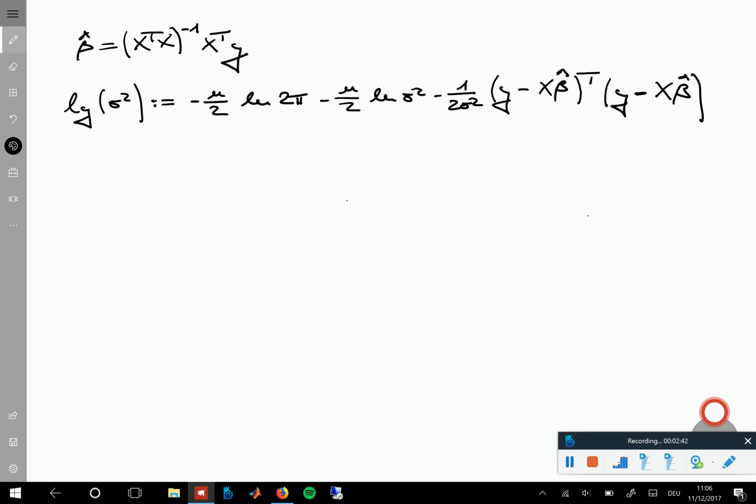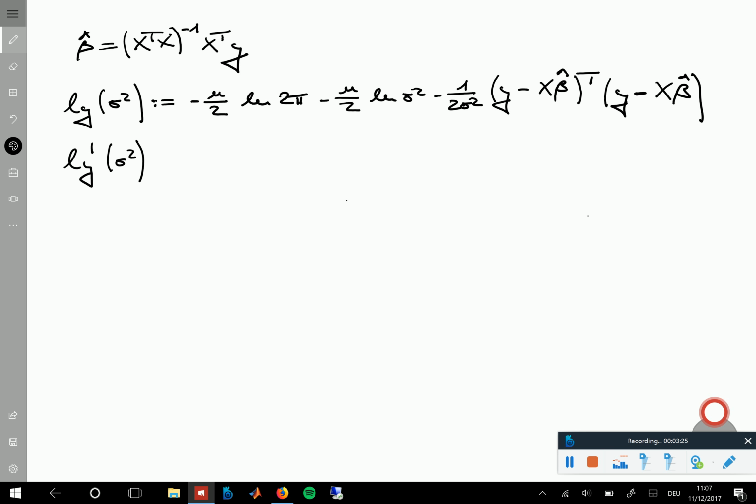And actually what is better is to do what is called restricted maximum likelihood estimation. Nevertheless, I will show you what comes out here, and then you have learned something. And it's a very typical approach, and you see that in the statistical textbooks. So the aim then is to again compute the derivative. And now if we have this log likelihood function and compute the derivative with respect to sigma square,